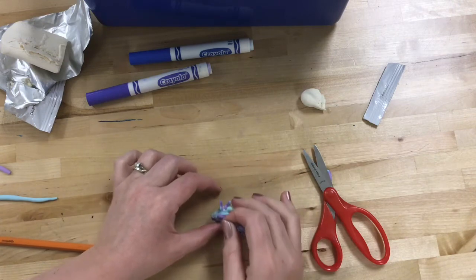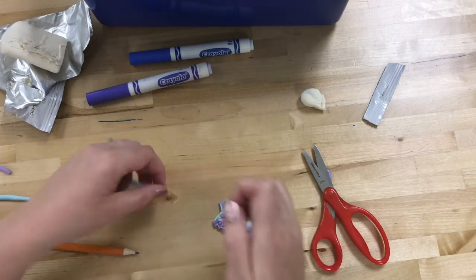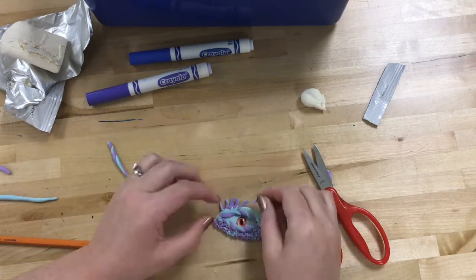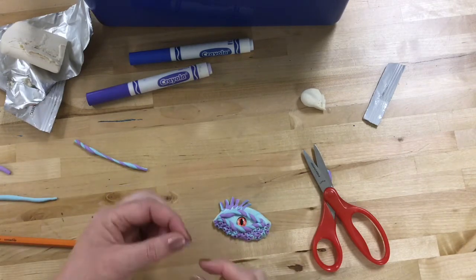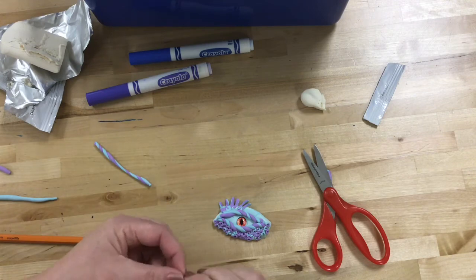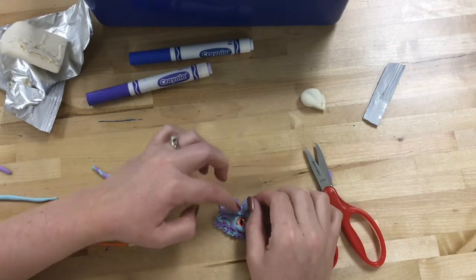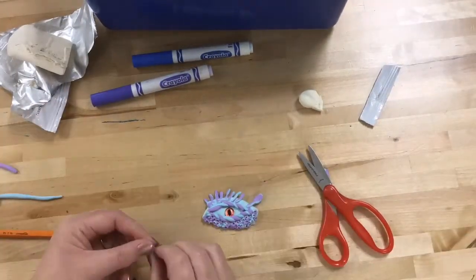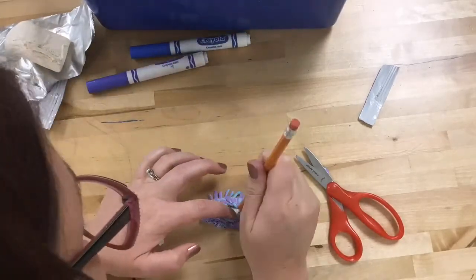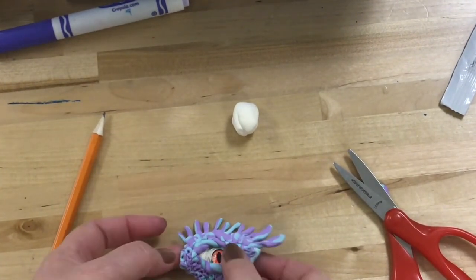Once I get all of my spikes in place, then I come in and I fill this space in between with more scales so that we kind of hide where it's connected, but I can start to get these cool spikes. Maybe think of them as eyelashes. Here is my completed dragon eye, and when we are done, we want to set them aside to